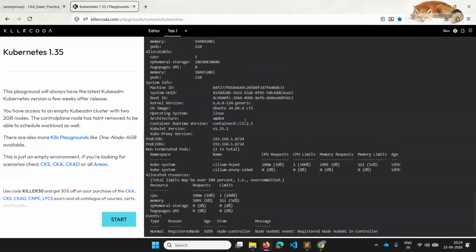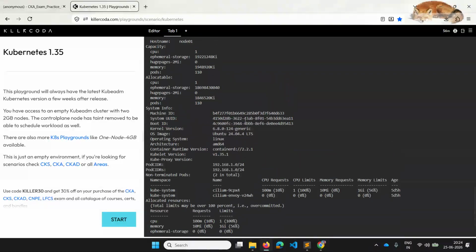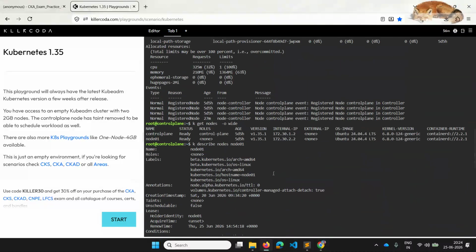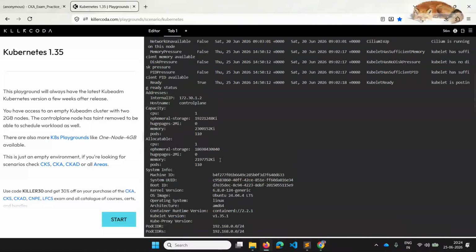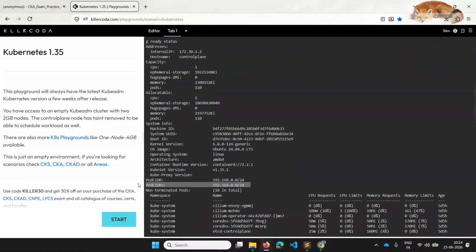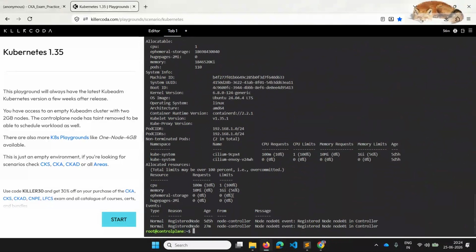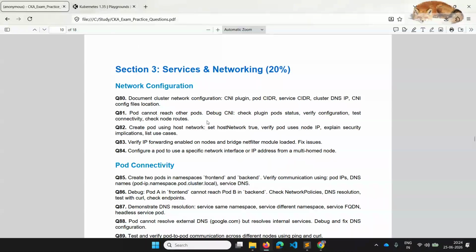If you see here again, the pod CIDR range is mentioned, and it is a different CIDR range, right? I told you that nodes will have CIDR ranges from which the IPs will be assigned to resources like pods on those nodes. So in the configurations, we are checking the CNI plugin, pod status, and we have verified different configurations.